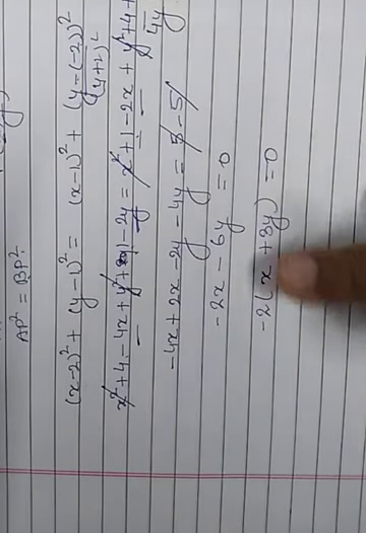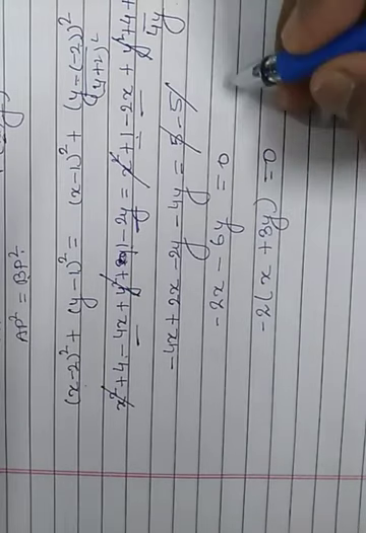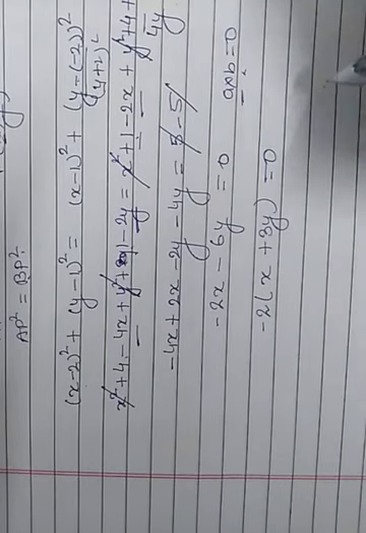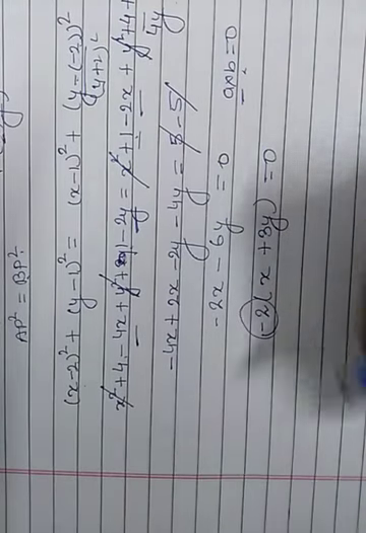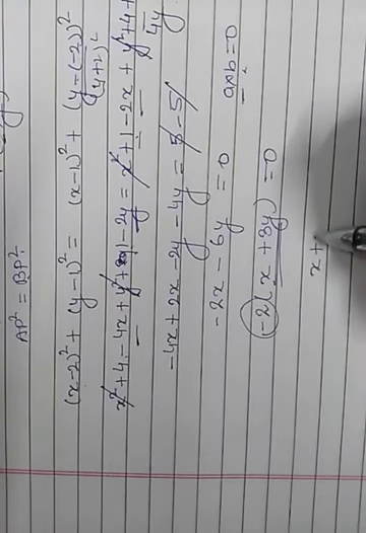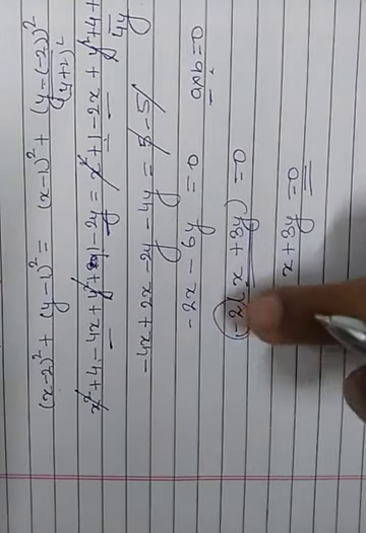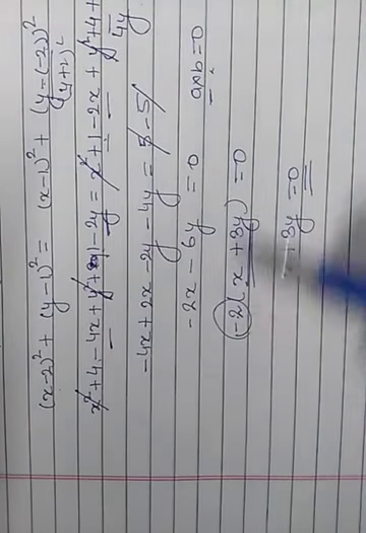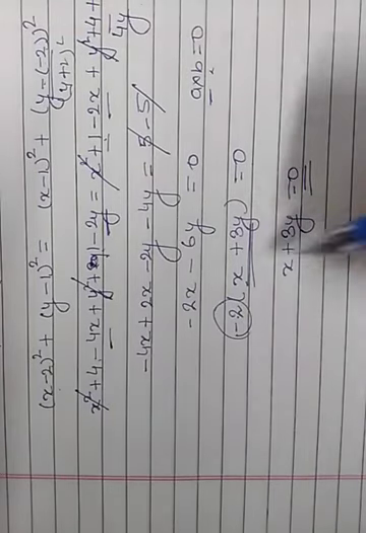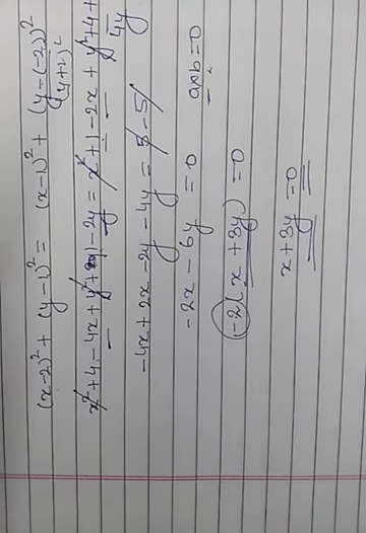Now I told you the product of two numbers being equal to 0. If a into b is equal to 0, it means either a is 0 or b is 0. Here minus 2 is definitely not equal to 0, it means this is equal to 0. So I will write x plus 3y is equal to 0. Or we can simply do the cross multiplication. If minus 2 goes to the denominator of 0, it is 0, or we can use this concept also. So this is x plus 3y is equal to 0.